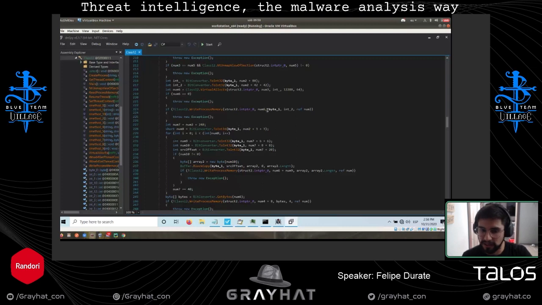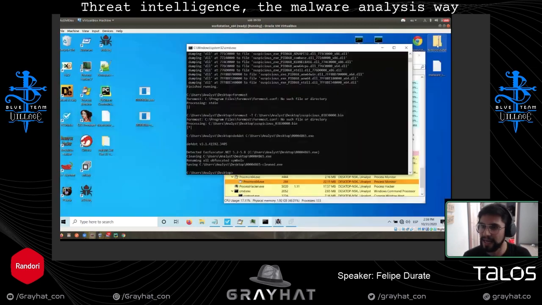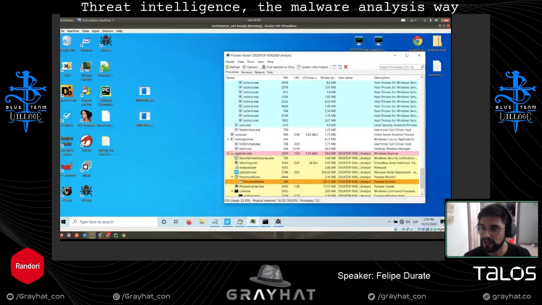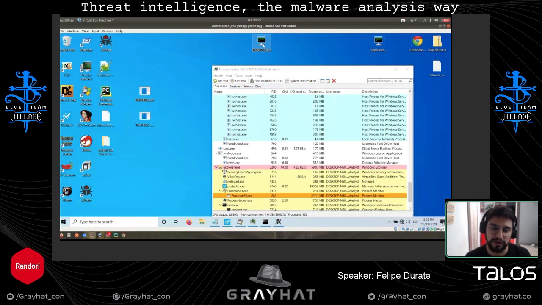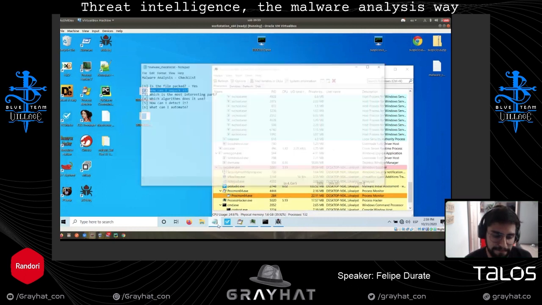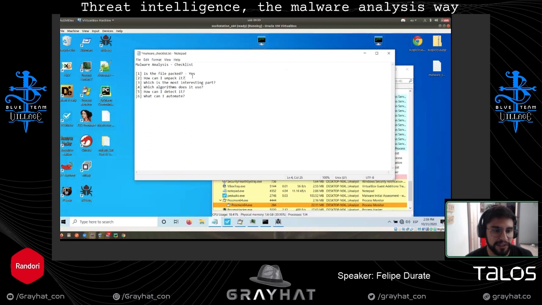That is kind of the analysis I'm going to do with this sample, but that's not the main topic. But this is how you could analyze .NET files very easily. Okay, so we solved the issue with the .NET files, ready to go. We solved the issue with the malware. We know what malware is. So at this point, we have solved this. Done. How can I unpack it? At least for this sample, you do know how to unpack it.